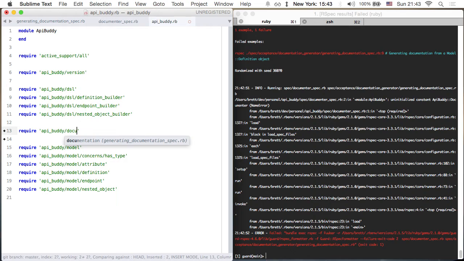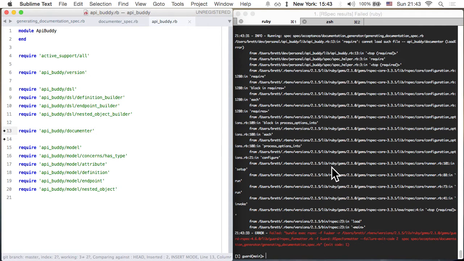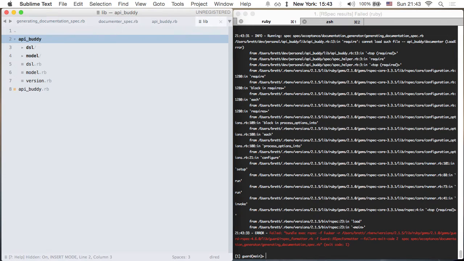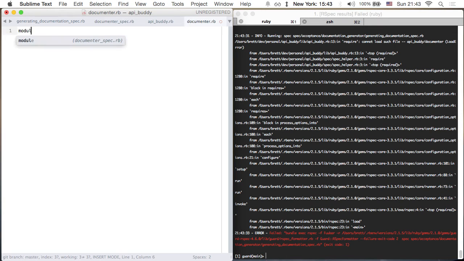Nope, not German. A documenter. So that's most of the way there, I think. Nope. A documenter. We haven't actually built the original file. Yeah, so if I create documenter, open that up, we want to add the module